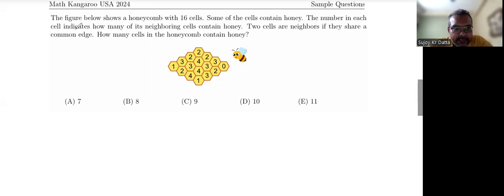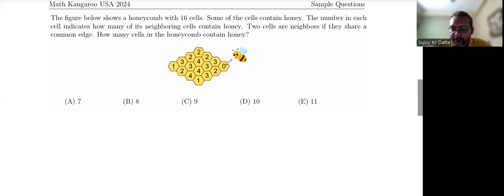So the number in each cell indicates how many of its neighboring cells contain honey. So this is one. That means there are two neighbors with which it shares a border, or an edge. So two neighbors, one of them will have some honey. We don't know which one. The question is to figure out how many contain honey. So we can't just start off from here because we don't know which of these two contain honey, right? So we have to think of one approach where from that point we can go on finding out which cell